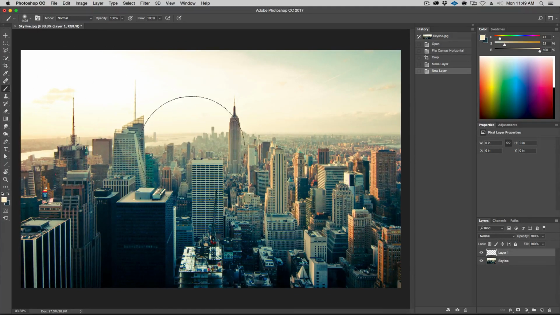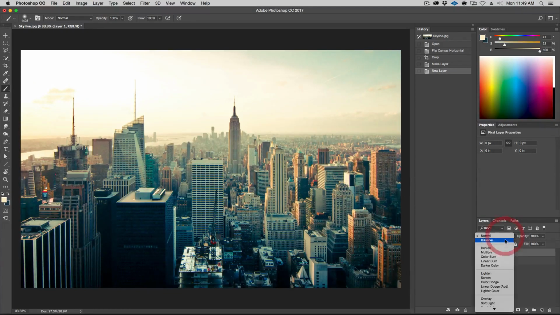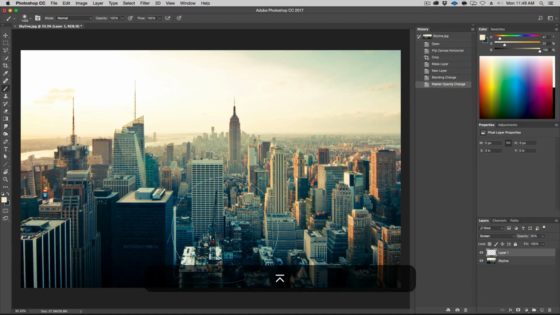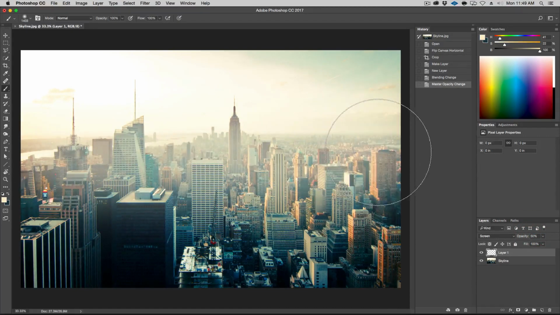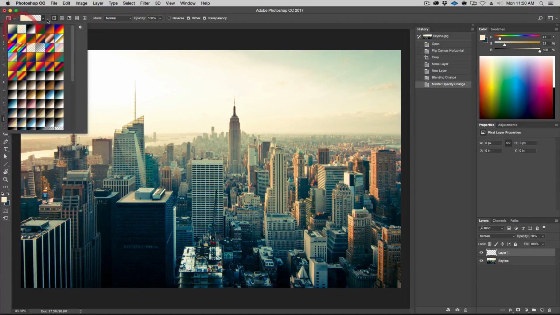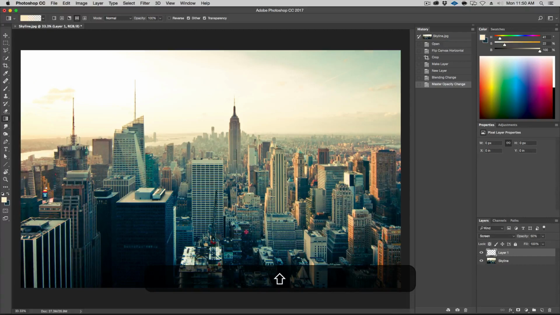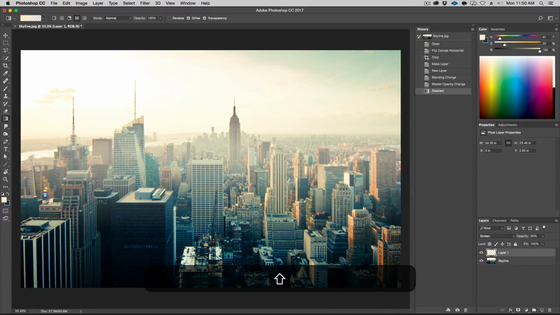But actually, I'm not going to brush it. I was thinking I would just brush it like this, so I'm going to undo that. Also, this should be in screen mode, and perhaps 50%. So let's try that. I could just brush it like this, and that kind of works. But what I actually want is to have a perfect gradient. So I'm going to click on the gradient tool, make sure it's foreground to transparent, which is the second one by default. And then go to the mirrored gradient, which is here, reflected gradient. Okay? And we're just going to click, hold down Shift so that it's nice and straight. There you go. We added some there.